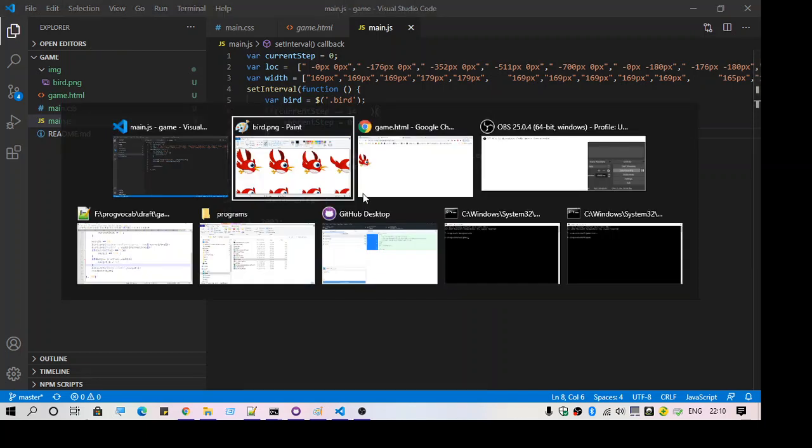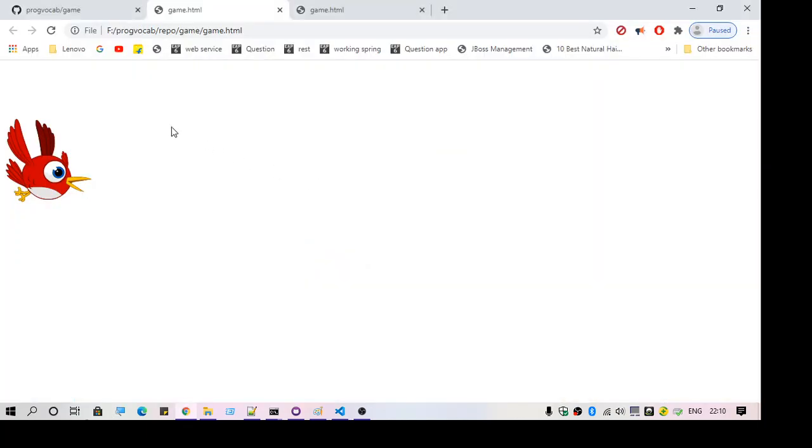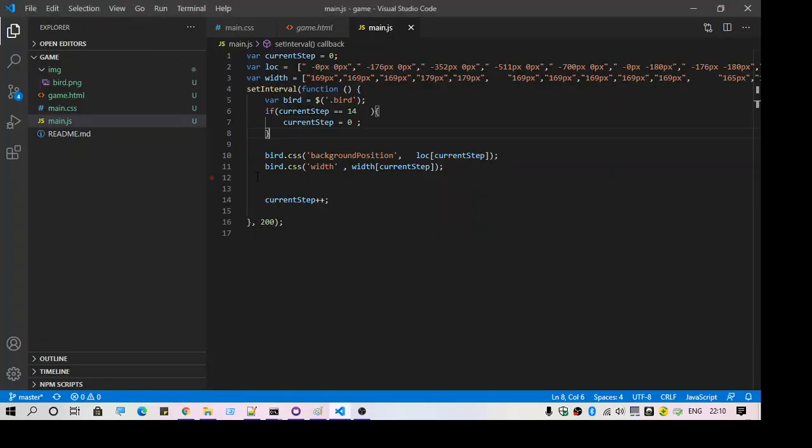Now let's see what is the outcome of this. What's happening is, it's in an infinite loop, because I've used setInterval, and every 200 milliseconds it will get executed, and the current step will move to the next, as we have added an increment to the current step.